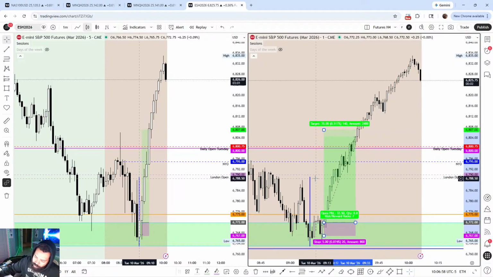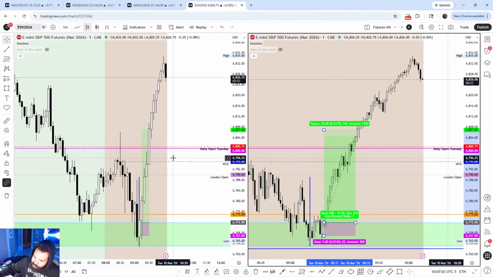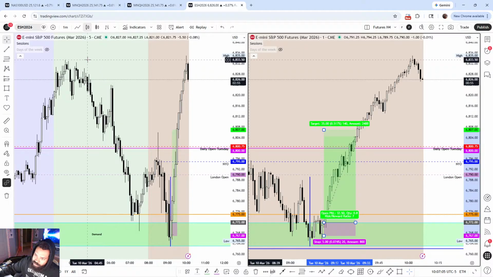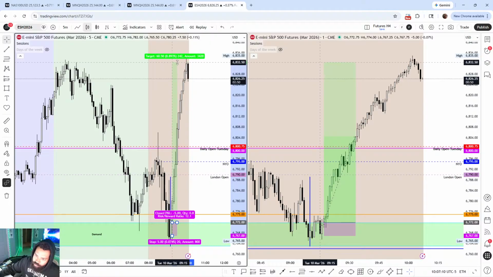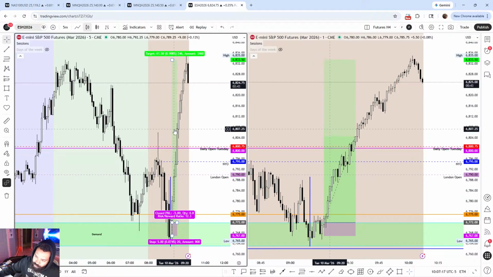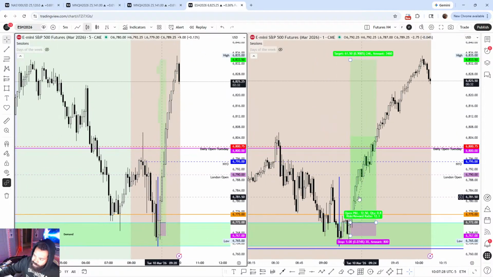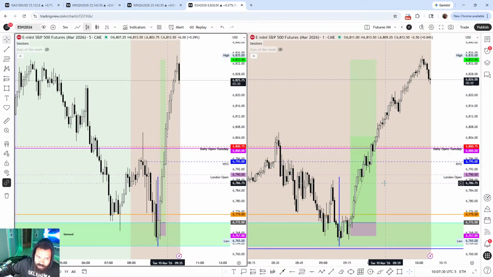So you would have partialed half of your move at this point, and you would have been looking at 3.5 R on the remainder, and then getting to the high of day, which did deliver, which is a very typical target. Because you only had half the volume on, if you would have paid yourself on the way up, you would have been looking at a 1 to 12. So you would have had 1.5 secured, and then you would have had 1 to 12, so half of that is 6. So 6 plus 1.5, right? So about 7.5 R on the day, taking the trade at the same time we took the NQ trade.